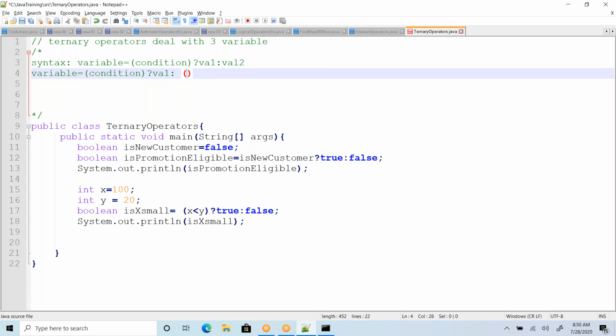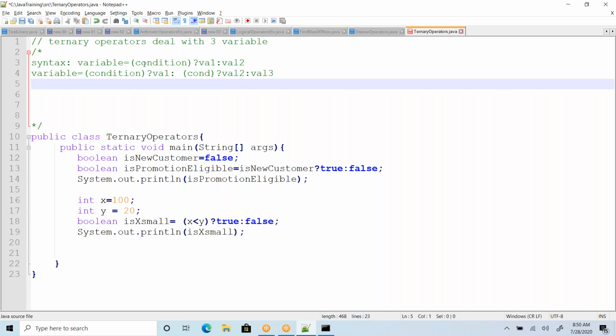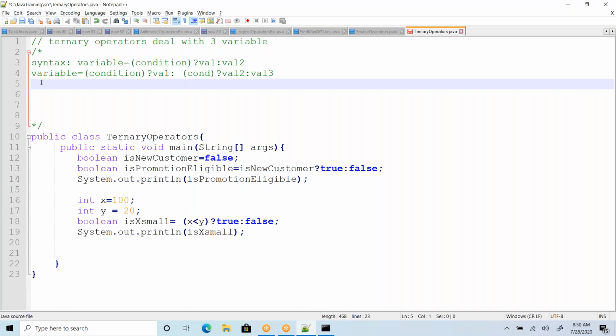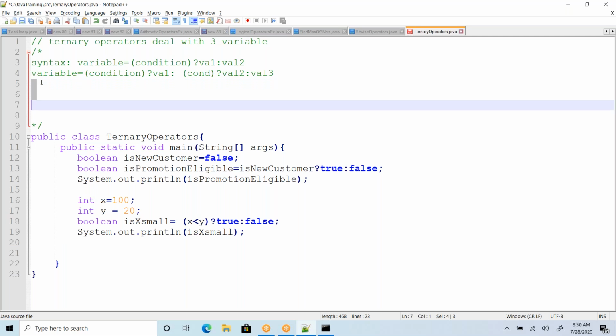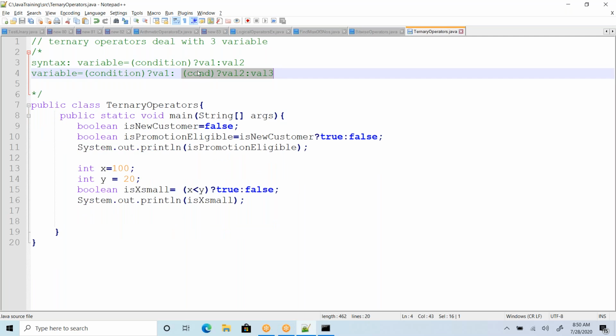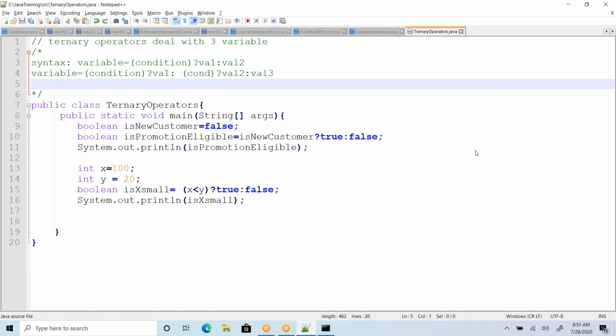So here again you can write another condition, value colon value 3. So you can have nested ternary operators as well. We can apply nesting of ternary operators also. You can give it a try and let me know if you face any issues around this. We can discuss that in the next session. Okay.